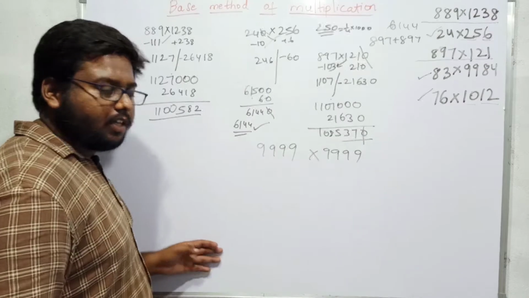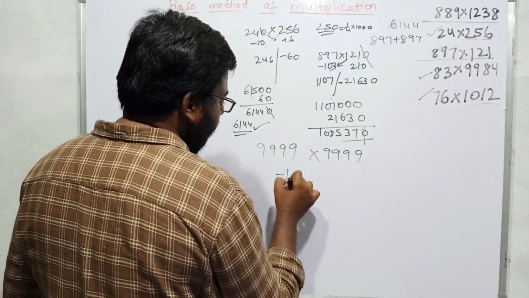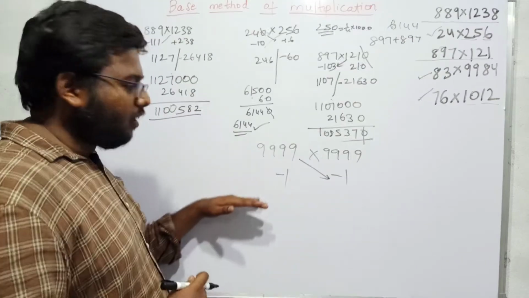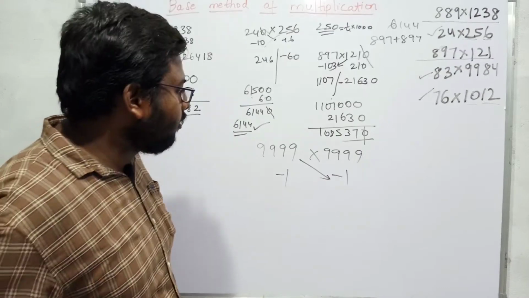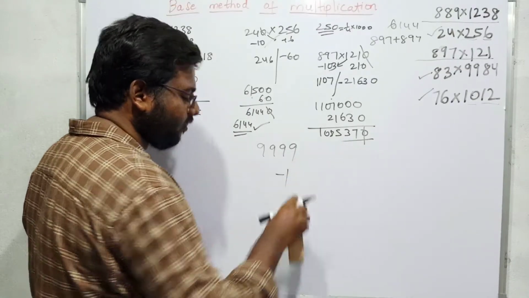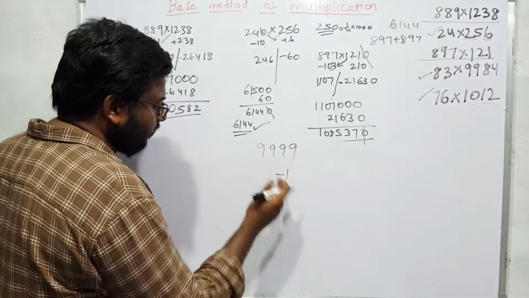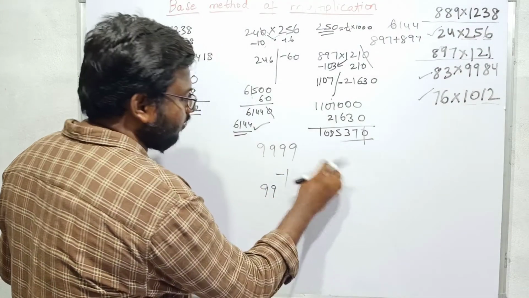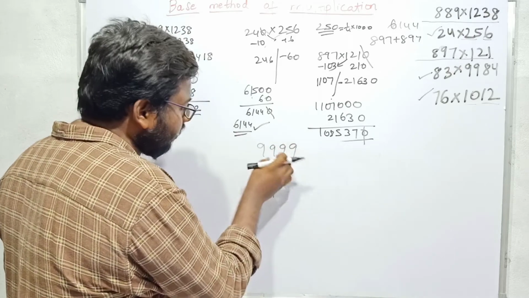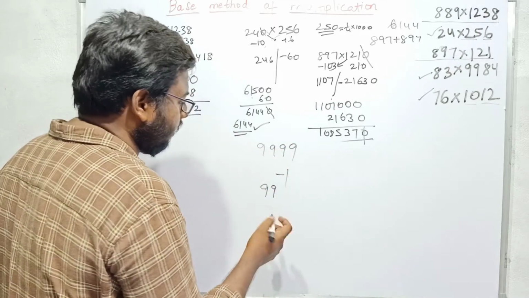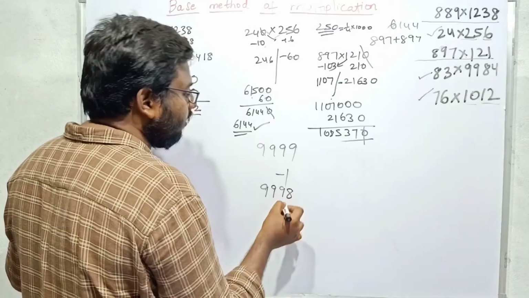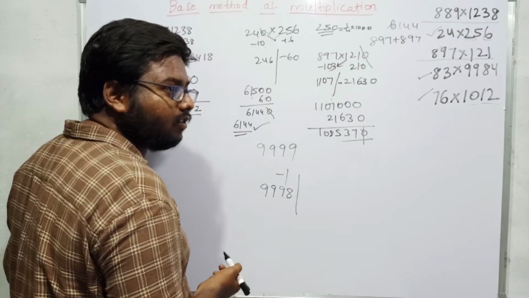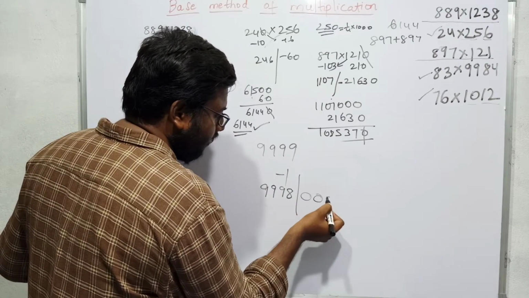If we calculate this on base 10,000, I will write this as -1, and you don't need to write it 2 times because the square is the same, so you can reduce one step. This is 1 far from 10,000, so you subtract 1 from it, so that is 99, because subtracting this -1 from 9999 gives 9998. And after the slash I have to get 4 digits because I am calculating on base 10,000, so I have to write 000.